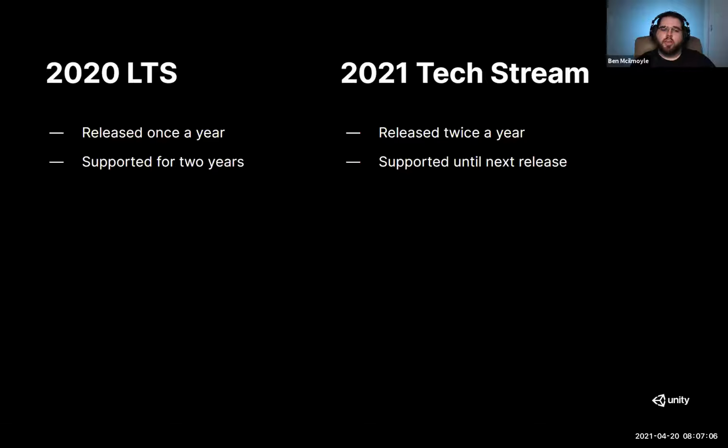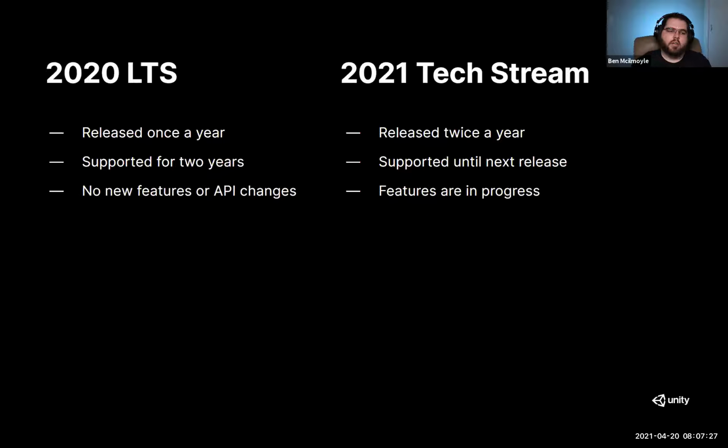The tech stream, on the other hand, of course, we're fixing bugs if they do come up, optimizing, stabilizing, all that fun stuff. But we're also adding new features. As new technology comes out, it gets added to this version of Unity. And then you, the developers, actually use it. We get to test it that way, see how it all works, and then make those updates until the point it becomes stable enough to become the next year's LTS.